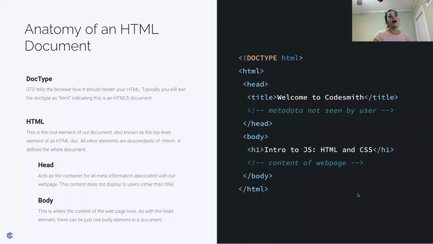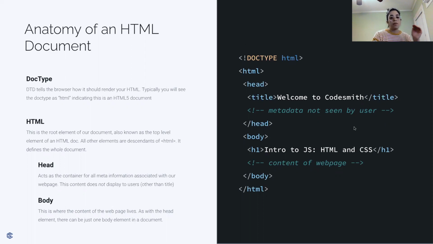So here we have an HTML document. We kind of have the anatomy of this document broken down into a few different pieces. So an HTML document is where you're going to include all of the necessary pieces of your web page. And these pieces are what is going to be read or consumed by your browser and interpreted as HTML in this case. So first we have this doc type declaration, and it always comes as the first